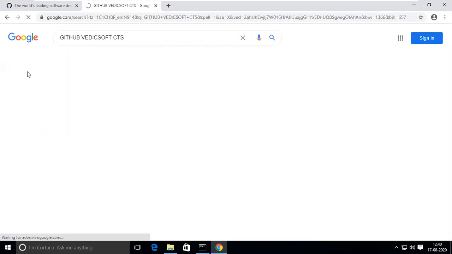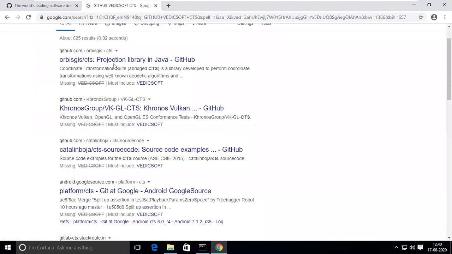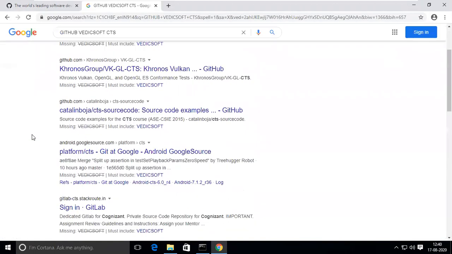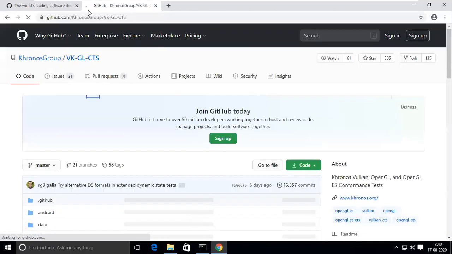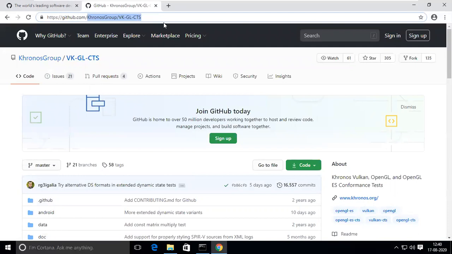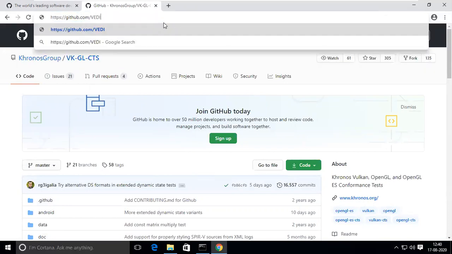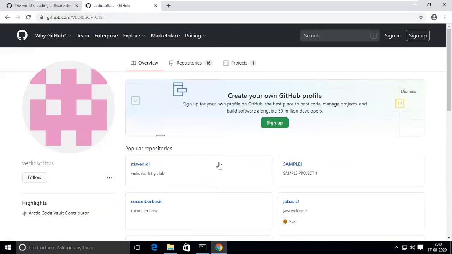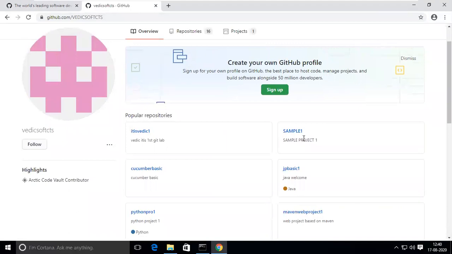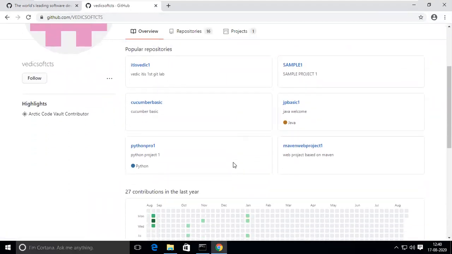This is the Vedic CTS one, which is CTS related. Now it is not showing ours. No problem. Just open anything and remove this one. So Vedic Soft CTS. That's it. This is mine.